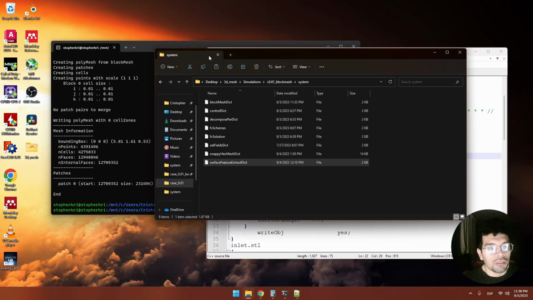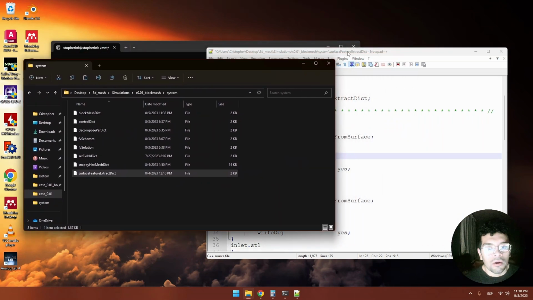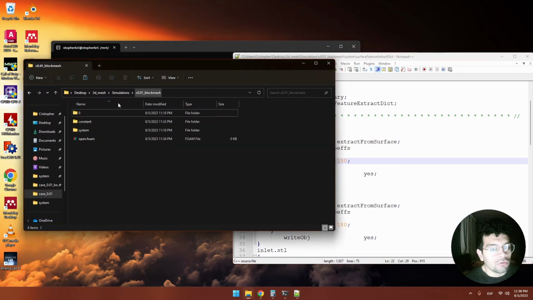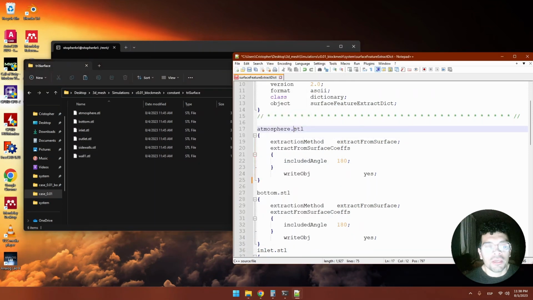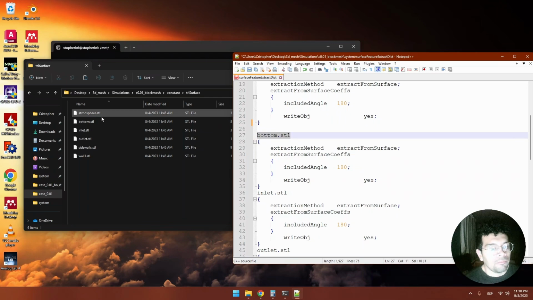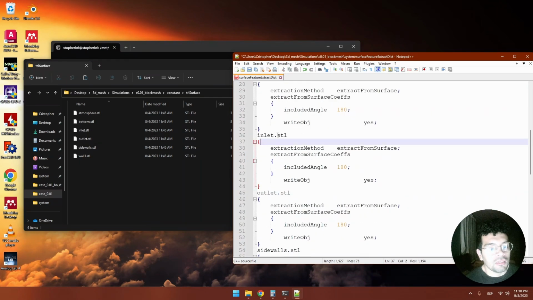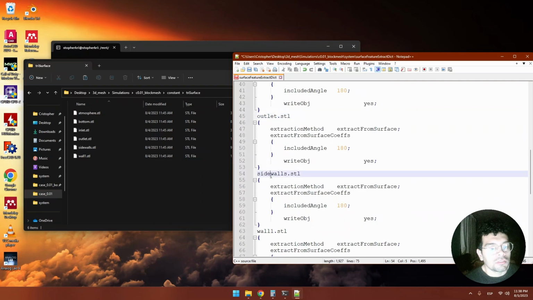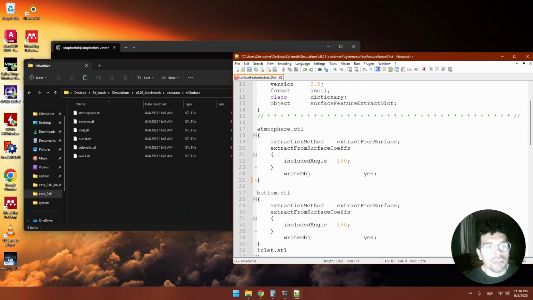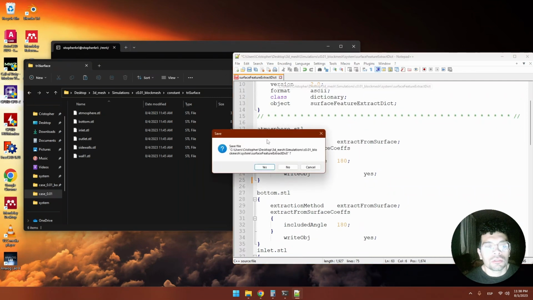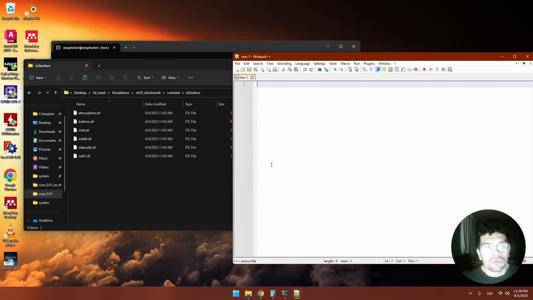Let's put this here, and in our case directory we pasted 6 STLs. So we need to define here 6 STLs. So we define first atmosphere STL, bottom STL, inlet STL, outlet, sidewalls, and wall 1. That would be 6 STLs. So we save this